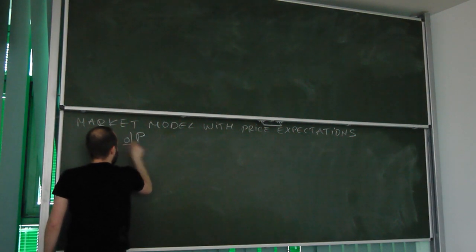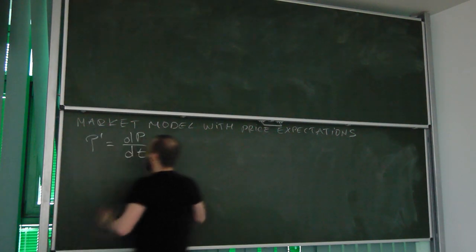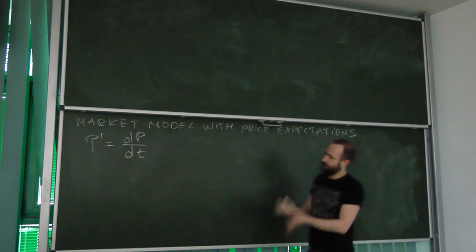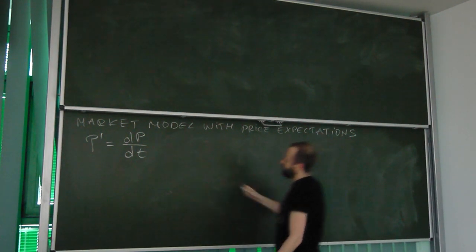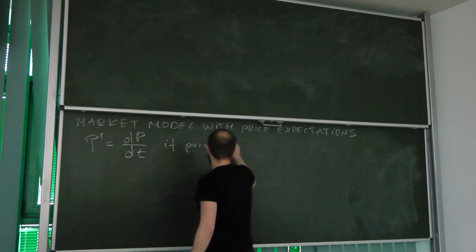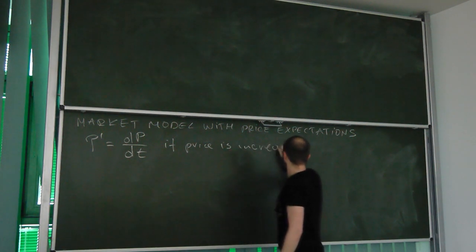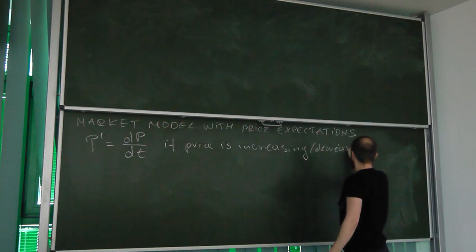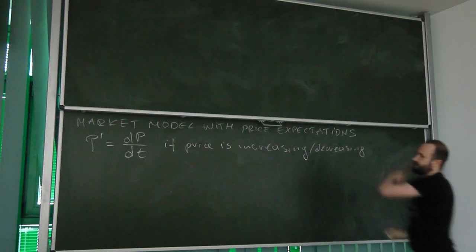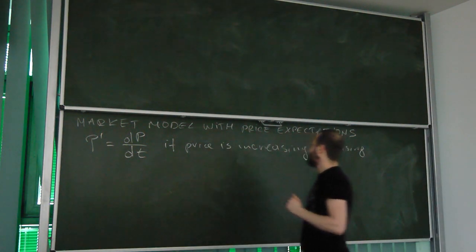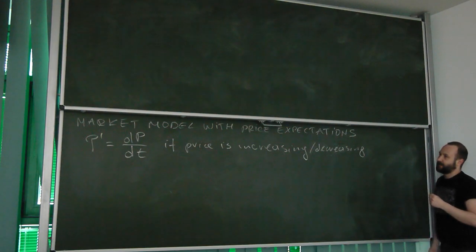First derivative will tell us if the price on the market is increasing or decreasing, depending on the sign. If the sign of the derivative is positive, price is increasing, and if the derivative is negative, of course the